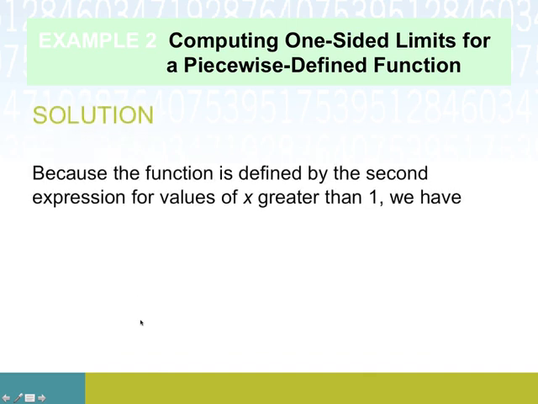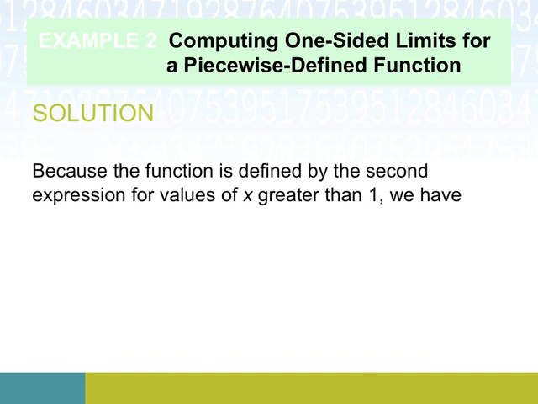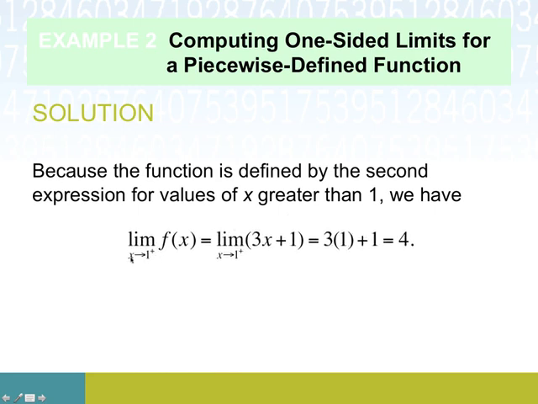Now we should turn our attention to the other side, the x greater than 1 part. So the function's defined differently. It's defined by this second expression when x is greater than 1. So the limit starts off looking the same. It looks like the limit as x goes to 1 of f of x, but because we're looking solely at the positive side,